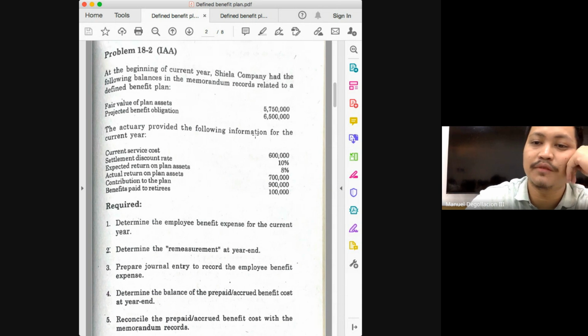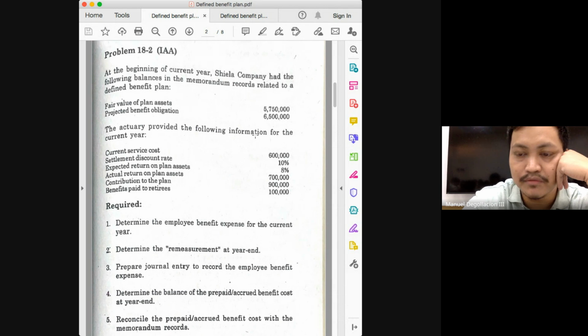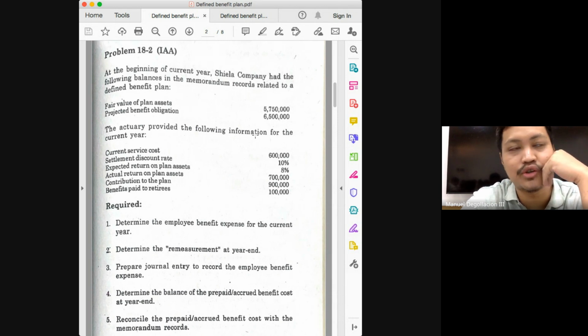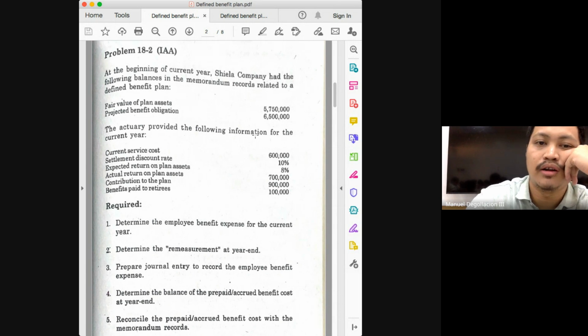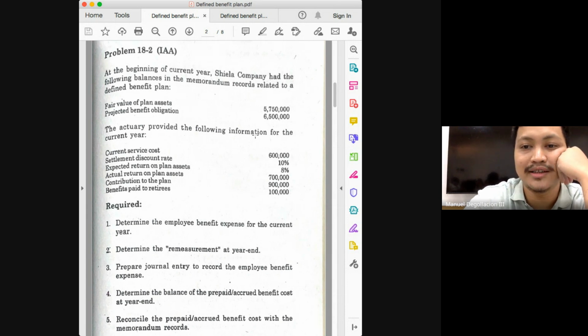Again, just like your current service cost, we expect this amount to be given because the computation here is not something for us to do. It would be on your actuary already. And if it's not given, then that would mean that it is not present in the problem. Do we have past service cost in this problem? No. And does the problem mention anything about settlement of your defined benefit obligation? The answer is no. So out of the three subcomponents of your service cost, we will only have your current service cost in the amount of 600,000.